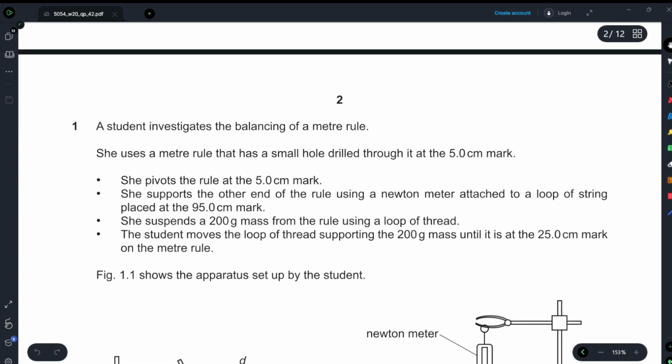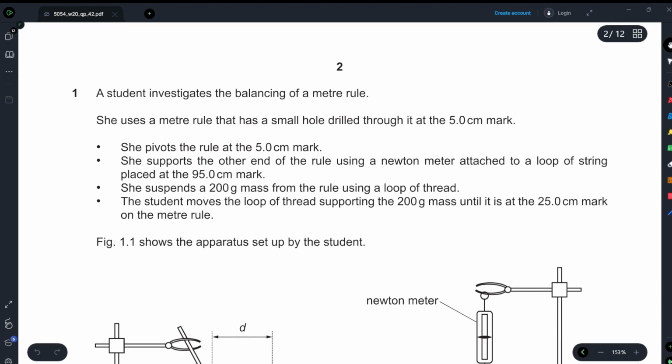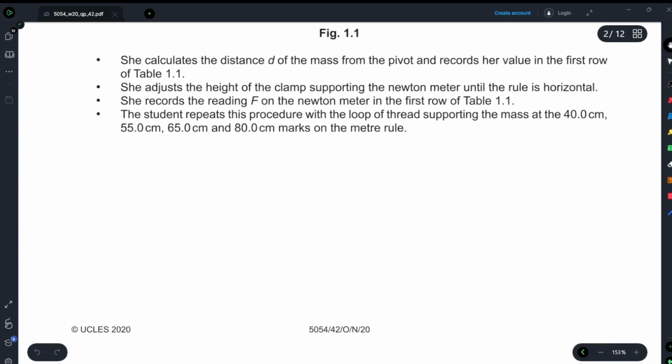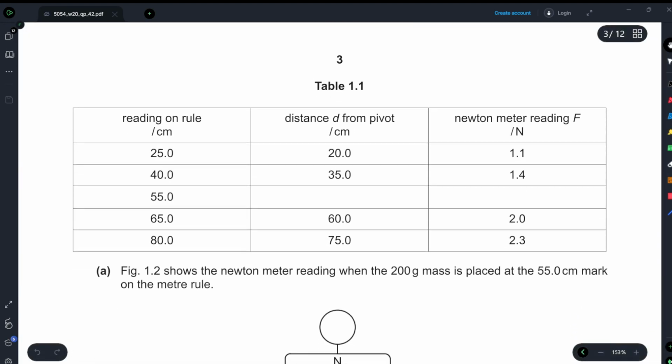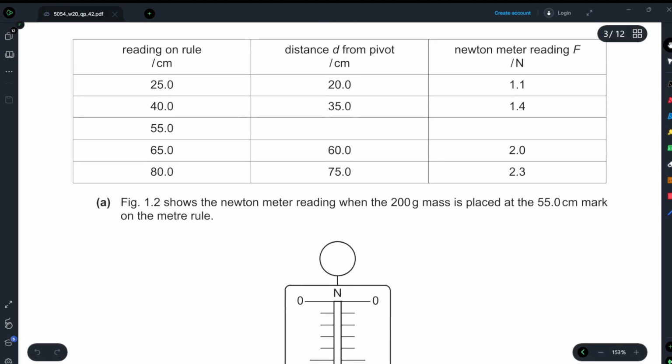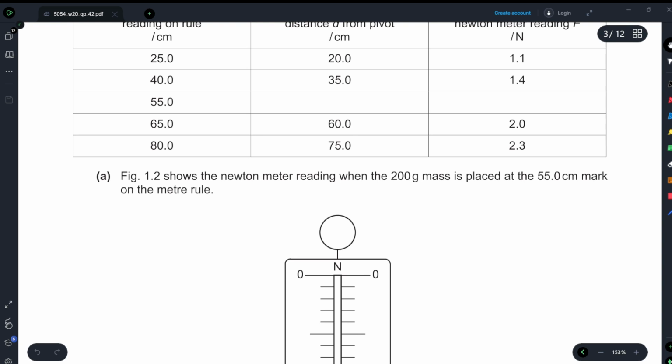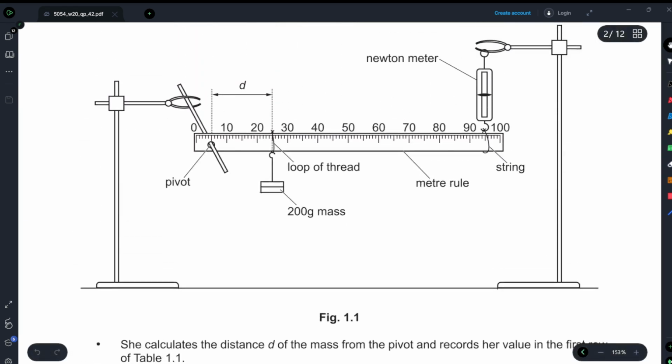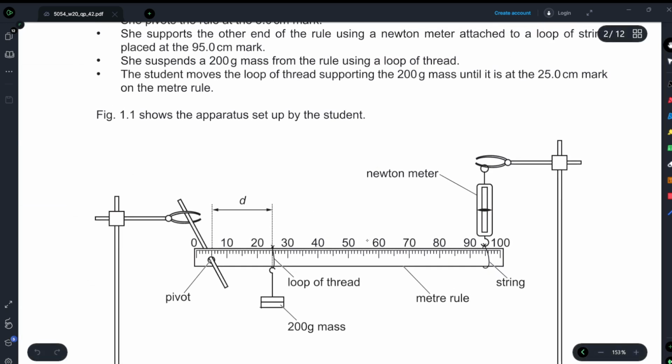So the first one, question number one: a student investigates balancing. Figure 1.2 shows the Newton meter reading when 200 grams is placed at the 55 centimeter mark on the meter rule. Take care, you've placed it at around this point right here. Wait, sorry, that's 65. My bad. So at the 55 centimeter mark,